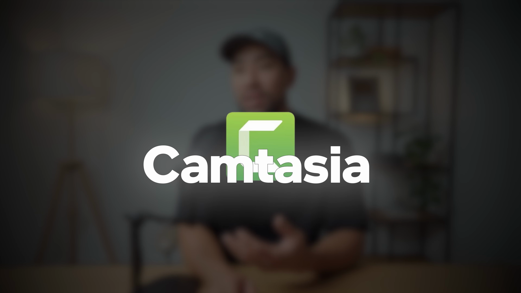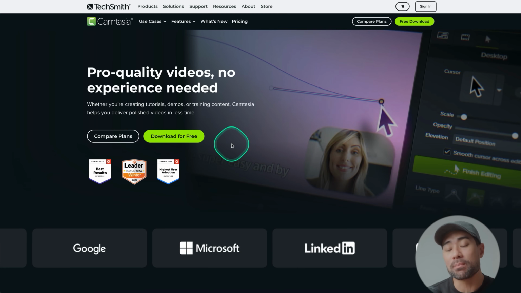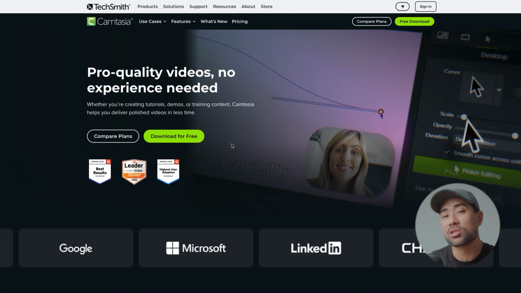As a little side note, I don't edit my own videos. Once I record the screen capture and the video that you're seeing here as a talking head, I pass those two videos to my video editor and then he'll work his magic to edit the video. If you're not using macOS, then there is an alternate for macOS and Windows called Camtasia. They're just as good, if not better, in my opinion, but I've always just been so used to Screenflow.